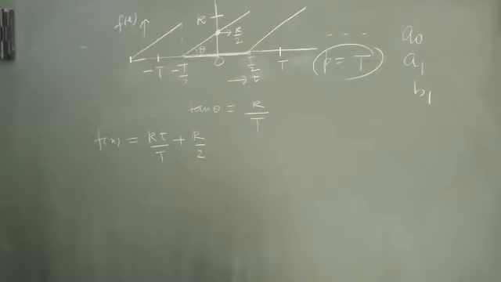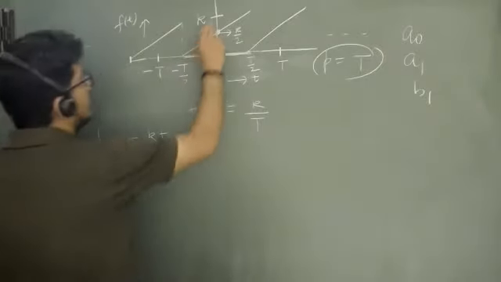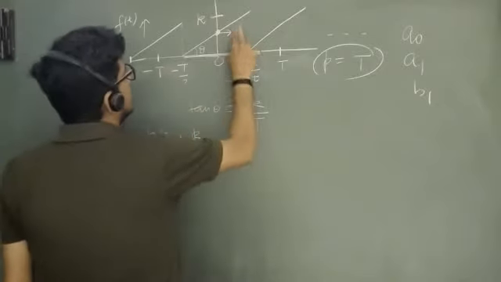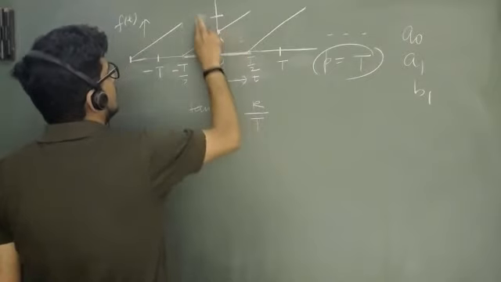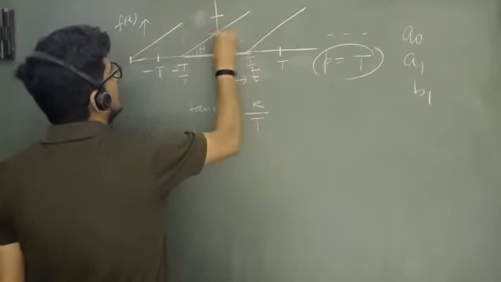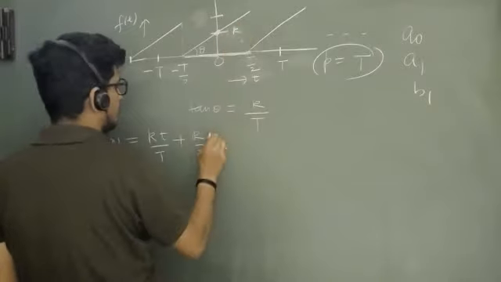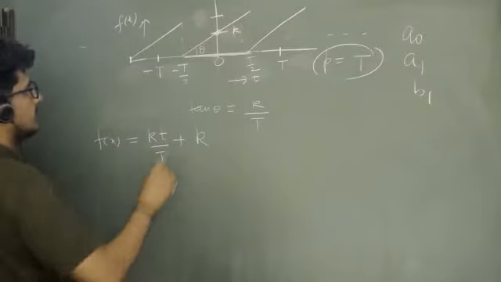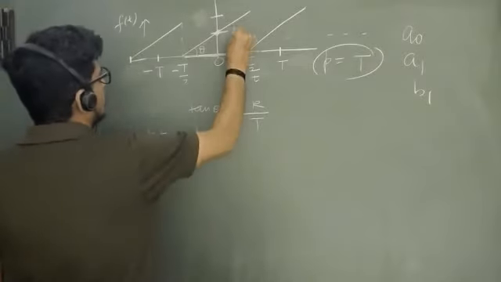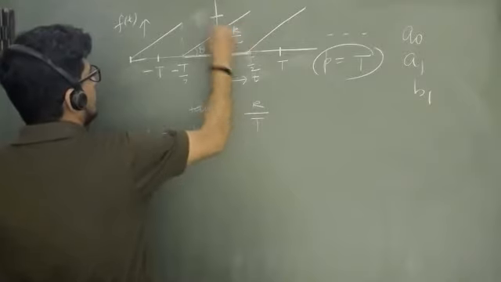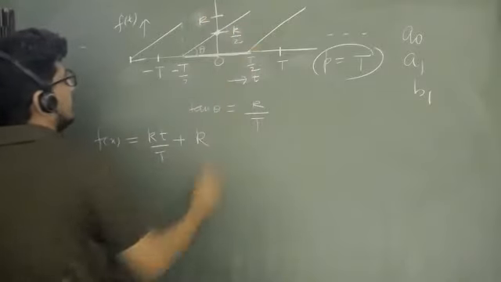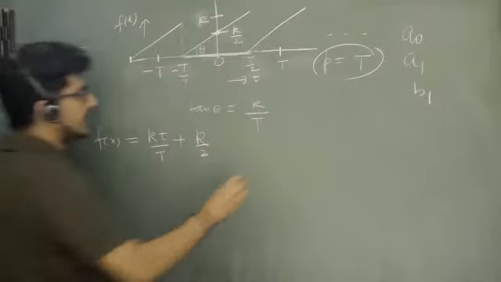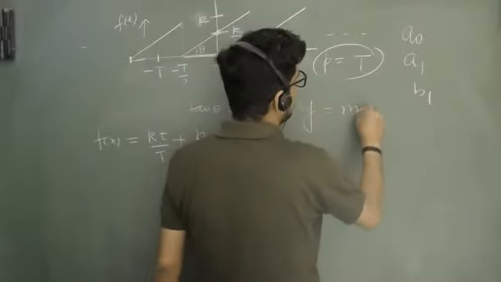Yes, sir. If you want to keep it k, you can write k here, no problem. If you want to make it simple, just write k in the question. So it will become plus k. But then this will change. So let it stay k by 2, no problem. Write it k by 2 and write it k. Then this will be simple and this will become k by 2. Is this okay? Everybody understands now y is equal to mx plus c.